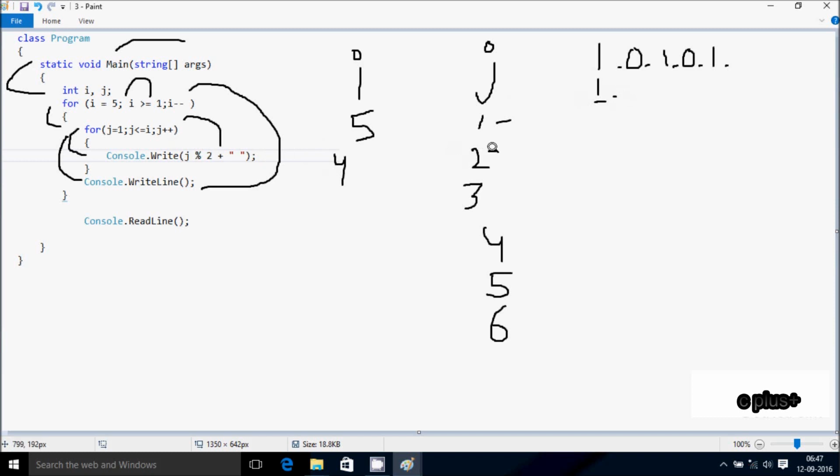Hereafter j increases, so j is now 2. Check the condition: 2 less than or equal to the I value 4. The condition is true, that coincides. So here the j value is 2. 2 mod 2, the value comes 0. So 0 is printed